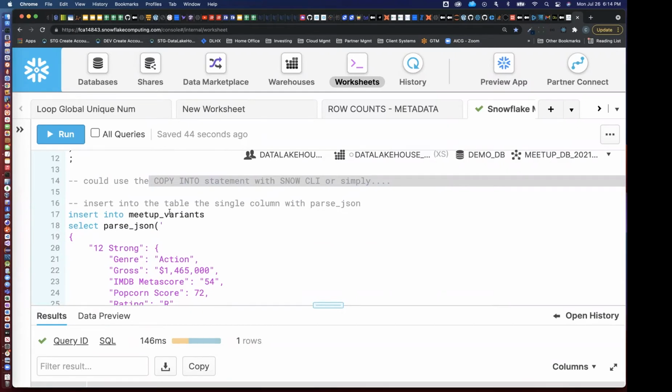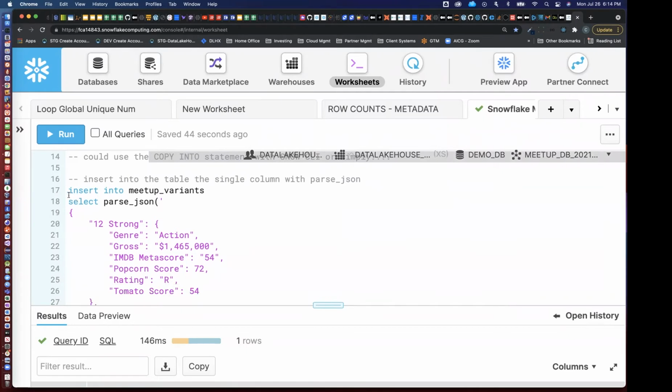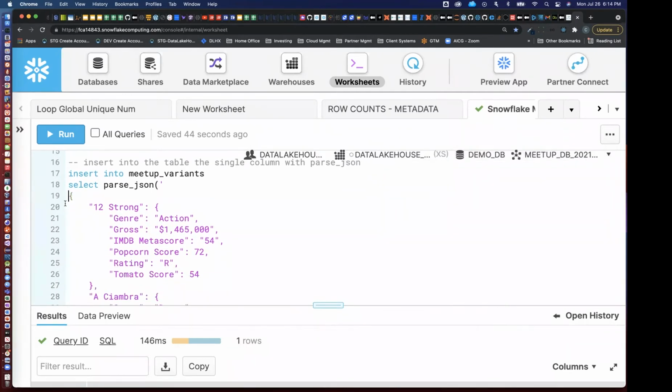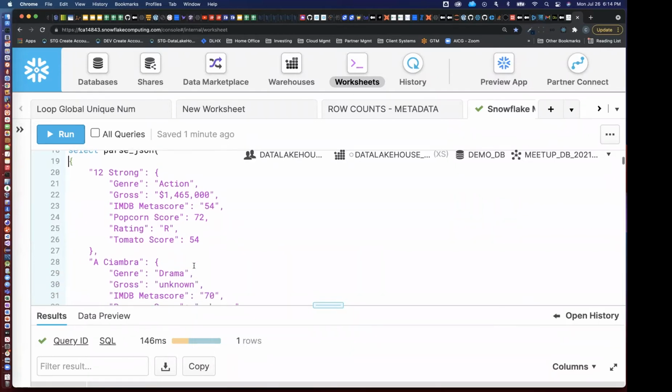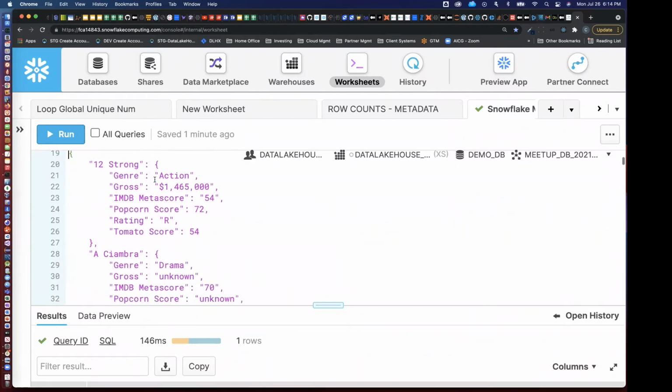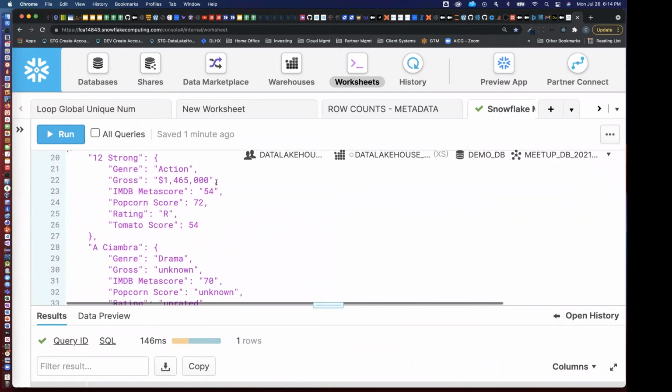And so for this particular JSON, what I'm going to do is use just one big block of JSON. I'm going from line 19. This actually comes from, I think, Rotten Tomatoes. So it's basically looking at movies: what genre, how much they grossed at the box office, what their score is,